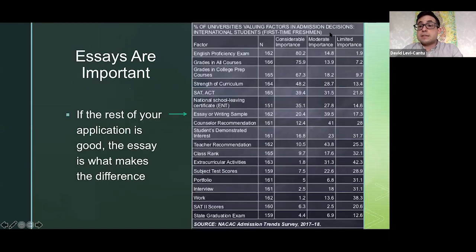And so if you can see here, for example, they ask universities every year what it is you actually look for, what do you care about when it comes to international student applications. Here you can see, if you can get that English proficiency score, if you can just get that TOEFL or Duolingo score, then great, they really want you to get that. And then as you go down, you see the grades and the SAT and these sorts of things. But then there's the essay there.